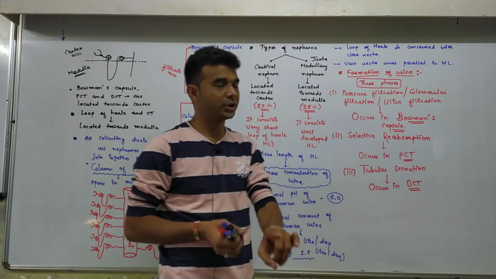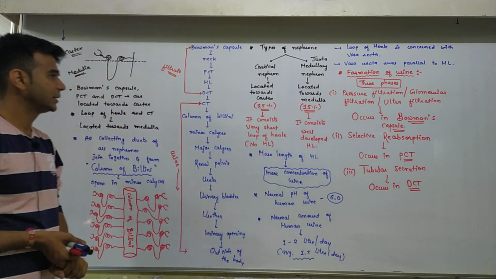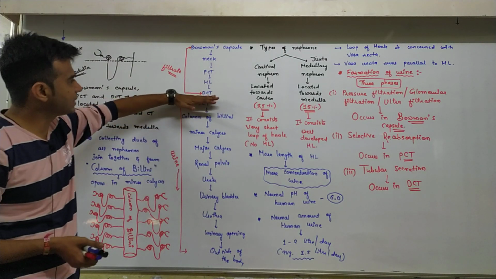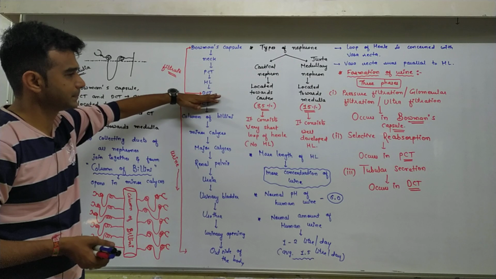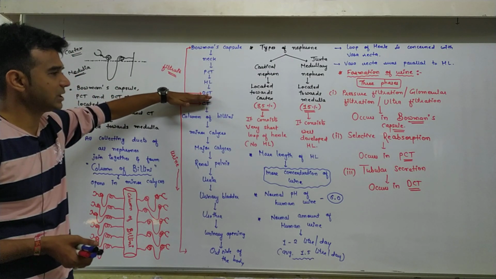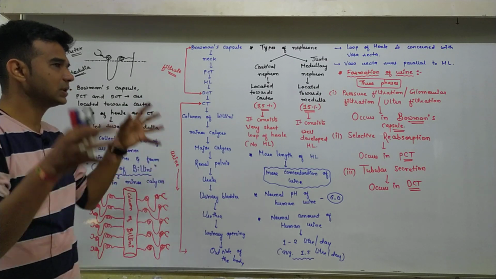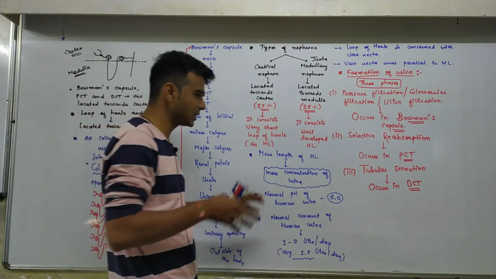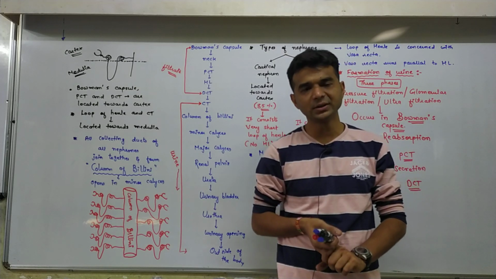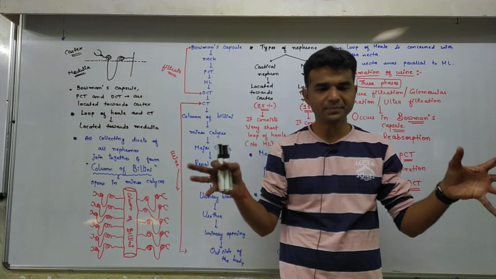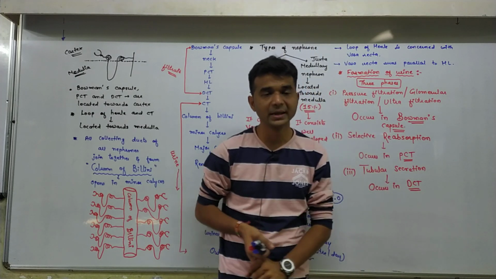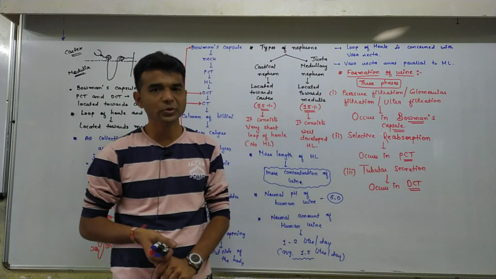So now you try to understand this. Up to the distal convoluted tubule, urine is not formed. After the distal convoluted tubule, the filtrate consists only of the major portion of water and major components of the waste products produced by the body. Now we say that it is the urine.